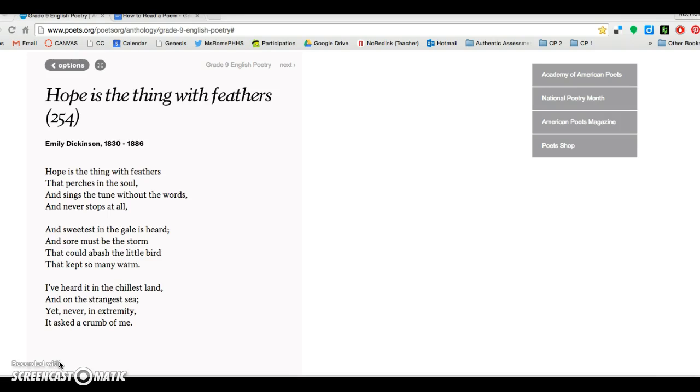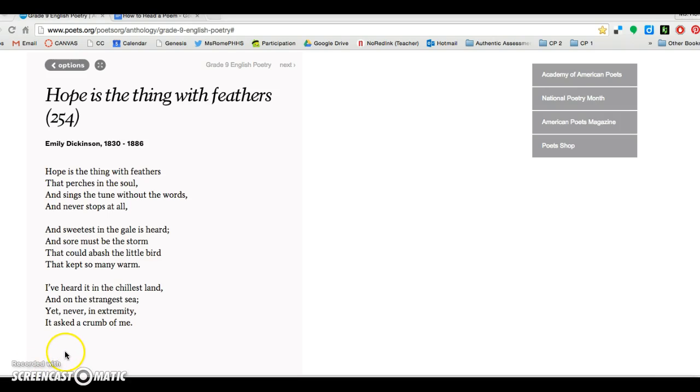So I'm going to read some of it out to you with the rhythm a little bit exaggerated so that you can hear it. Hope is a thing with feathers that perches in the soul and sings the tune without the words and never stops at all. Okay, so she has a nice little flow, nice little rhythm. I almost started to sing, but thank God I didn't because that would be terrible.